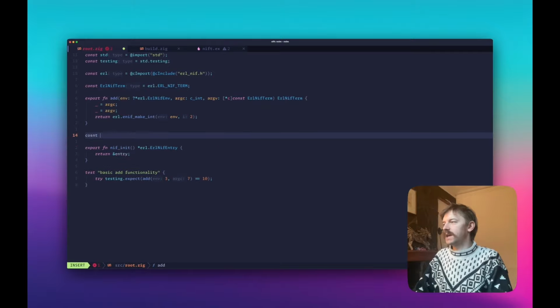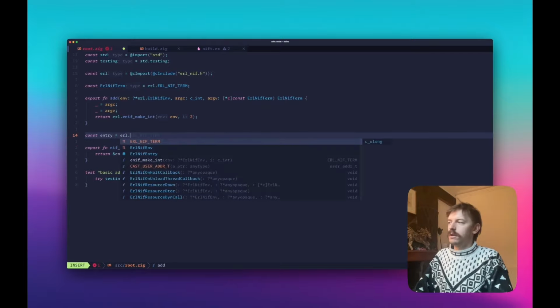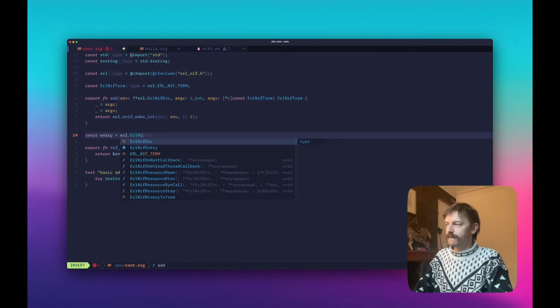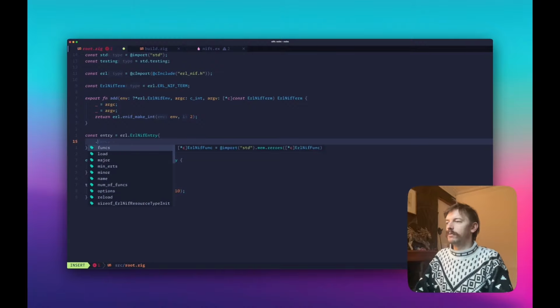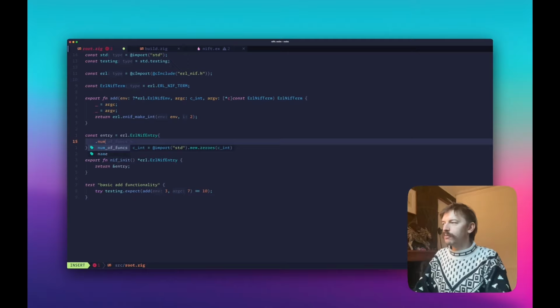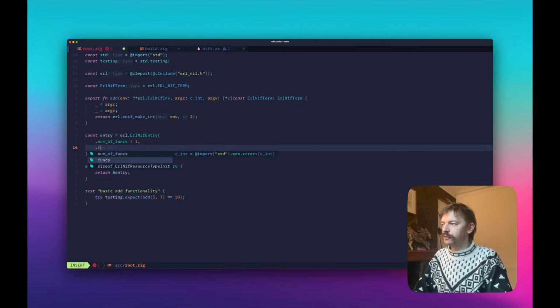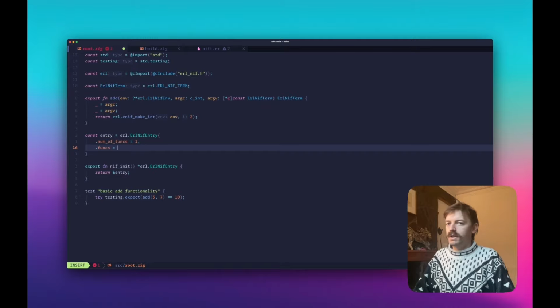We can say that the entry is Erlang, exactly as we just said, NIF, Erlang NIF entry. Open that bad boy up, and then what are we needing to provide? So it needs to know the number of functions that we're going to be giving it. So we're just going to say 1 for now. It needs to know the actual functions, which is going to need to be